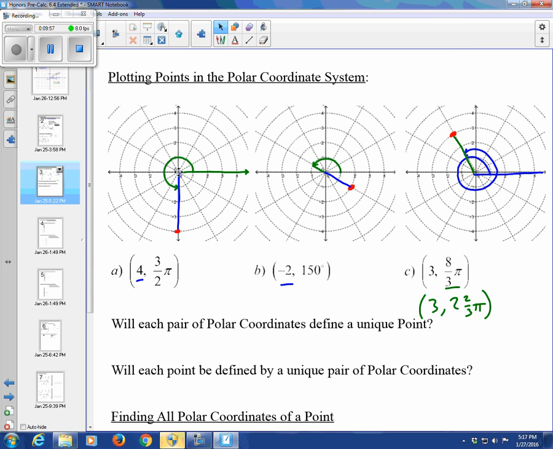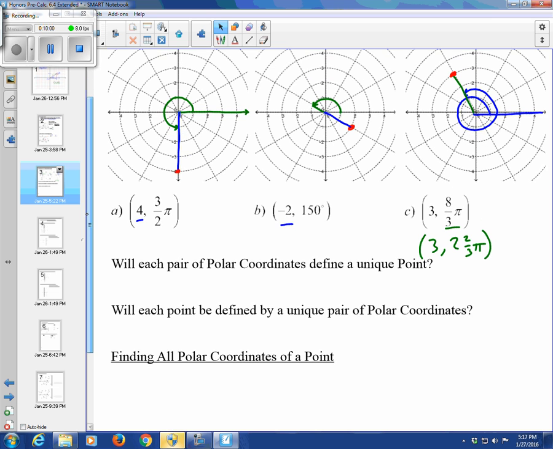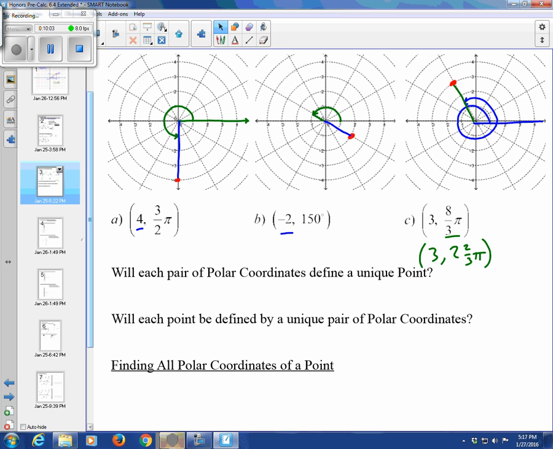So now that we've had some practice graphing some points, let's go ahead and answer some questions about points on the polar plane. So right here, will each pair of polar coordinates define a unique point? What we're really asking is, if we've got a pair of polar coordinates, is there any way for this pair of polar coordinates to give us some other point? And what we would say is that we're only going to be able to evaluate our rotation and our R value in one way, right? So when we're asked if we're going to get a unique point from this pair of polar coordinates, we would have to say, yes,